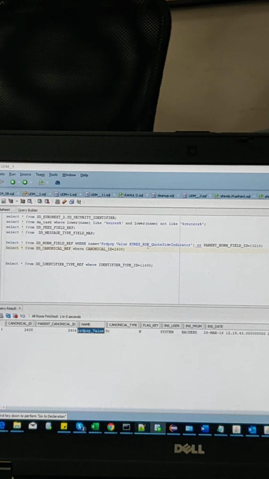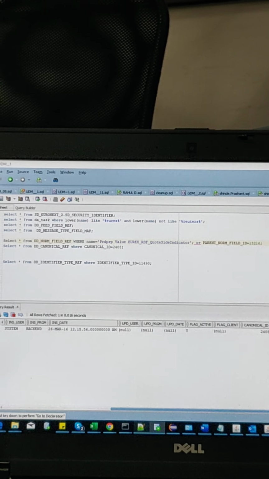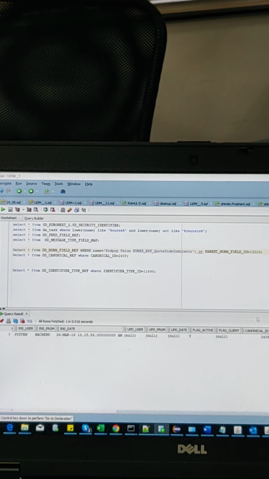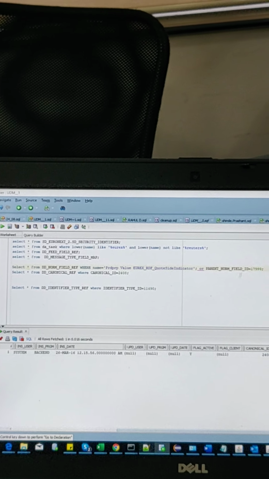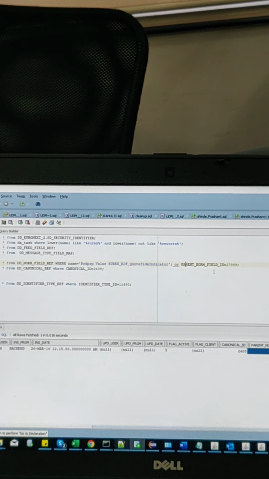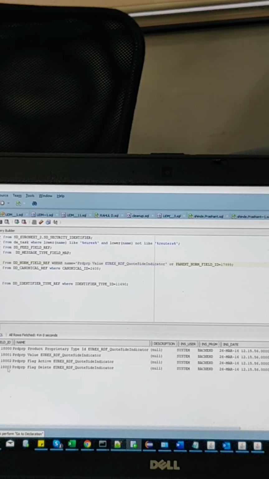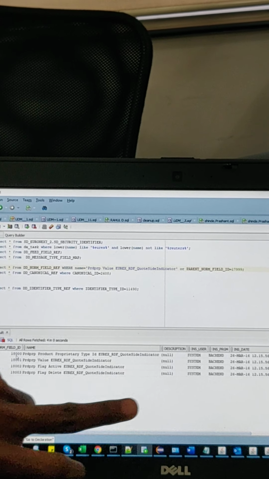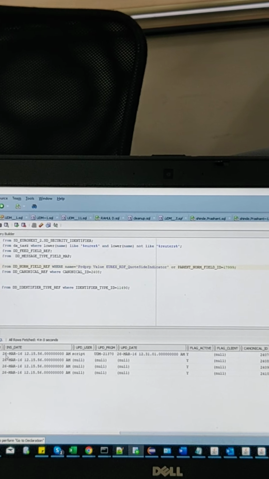Not here, in the filter here. Remove the semicolon. So what is the filter ID? Filter ID. Right? So filter ID is 3.